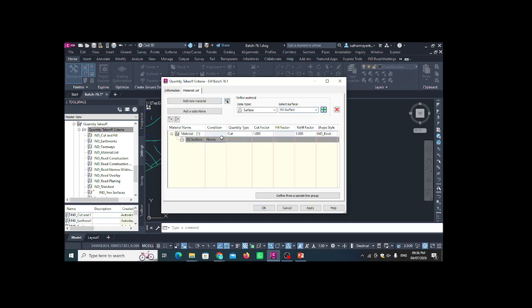As you add, you can see the first material is selected here. Now here I am going to give the name as EG because this is existing ground. Okay, so I select the EG surface. From quantity type, I have to set the earthwork because we are going to calculate the earthwork. Okay, now